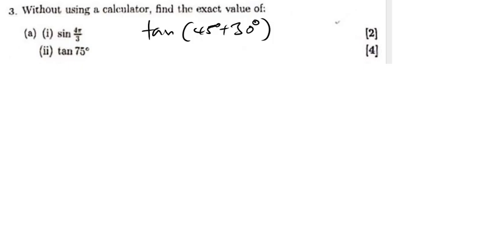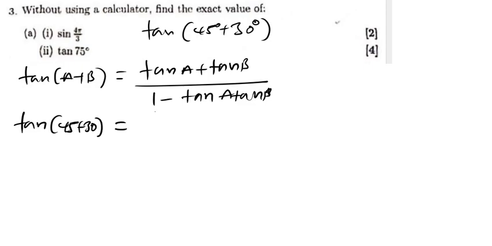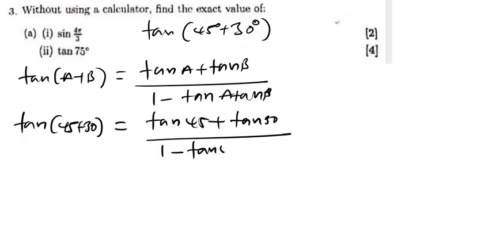But I want you to understand this. There is a formula that you are supposed to know when you're talking about tan. So if I've got tan (A plus B), this is basically tan A plus tan B, divided by 1 minus tan A times tan B. So A in this case is 45. So I will replace this. I'll say tan (45 plus 30) is going to be tan 45 plus tan 30, divided by 1 minus tan 45 times